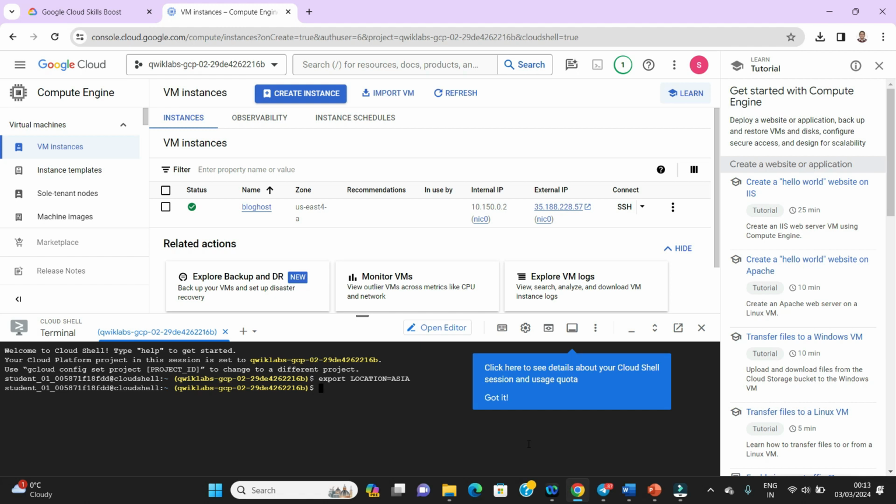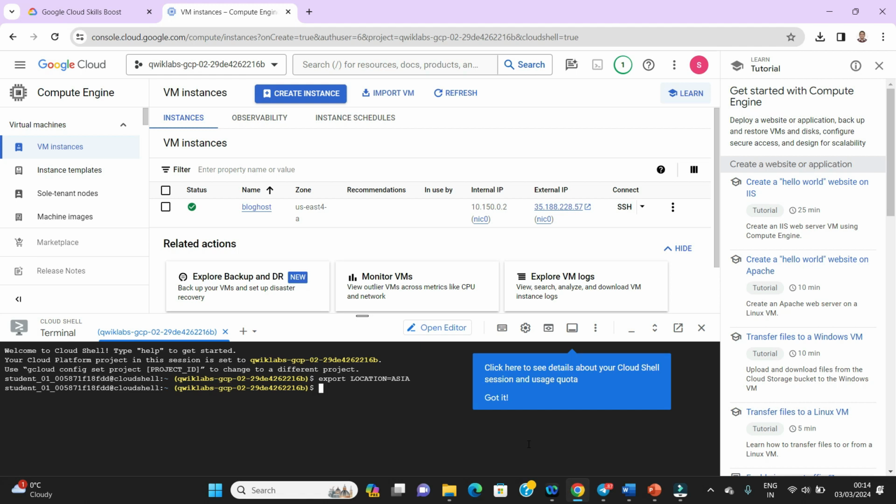We have to create one bucket, and the bucket needs a unique name. So the bucket name we are assigning is the project ID, because the project ID is also unique. The bucket will be created in the same location where we created our other components.